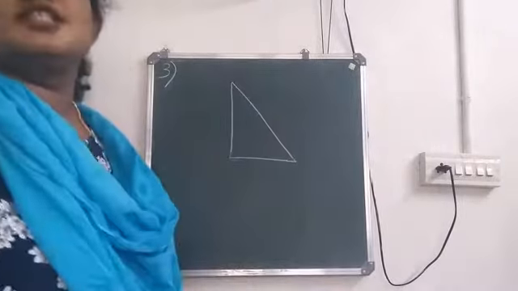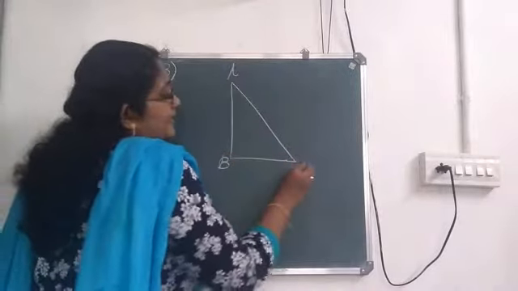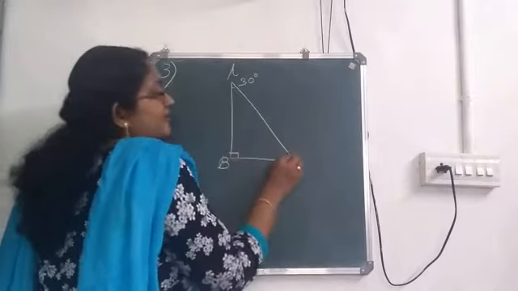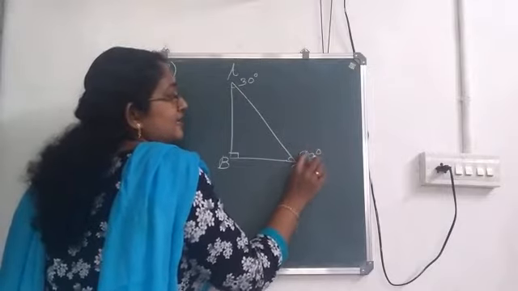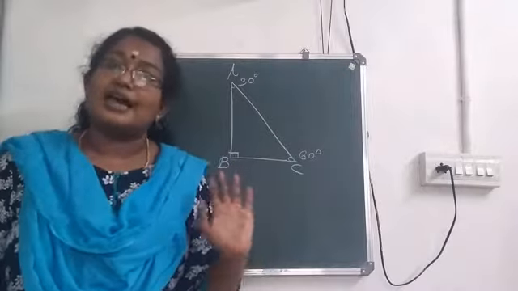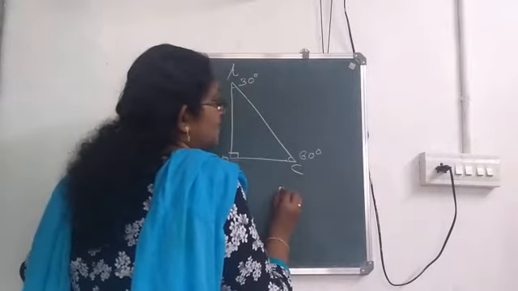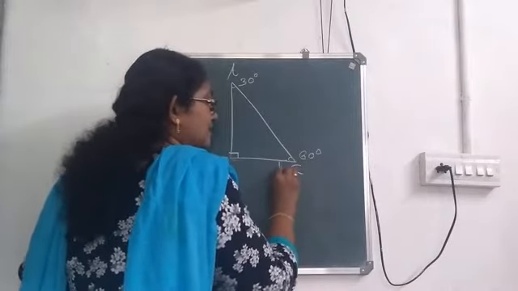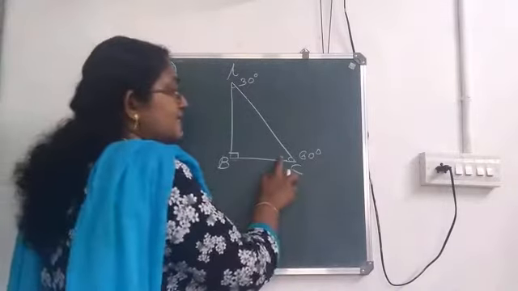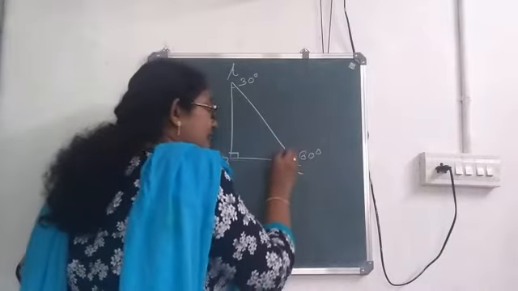So this is our right angled prism A, B, C. This is 90 degree. This will be 30 degree and this is 60 degree. 60 plus 30, 90. 90 plus 90, 180. So this is our right angled prism. Now, we are going to consider a light ray which comes from the bottom. So it hits on the surface BC. When it hits on the surface BC, it makes an angle 90 degree. So what happens? It enters without any deviation.